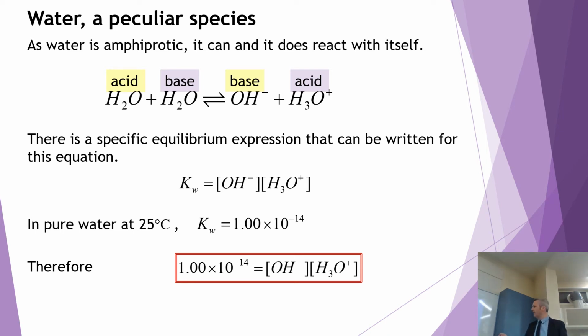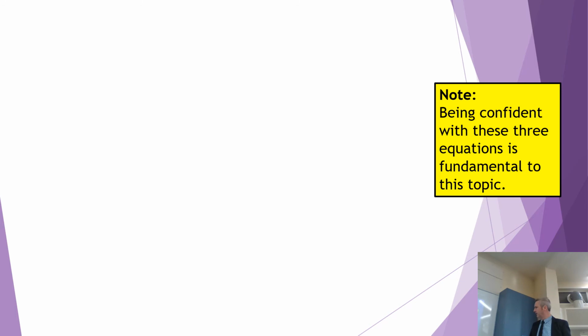What's more interesting than that? What would you say about the concentration of OH minus and H3O plus if you had pure water? What would they be like related to each other? They would be the same. So I can simplify this equation. Well, I didn't actually do this. I can't actually go backwards. So what it means is that they are the same, right? So there we get 1 times 10 to the negative 14 equals